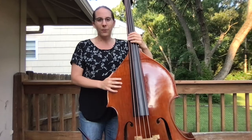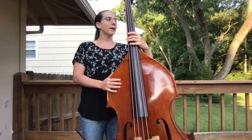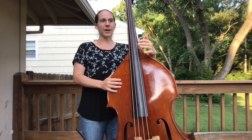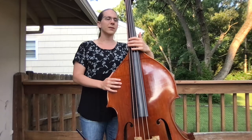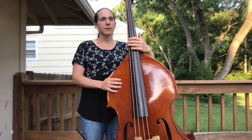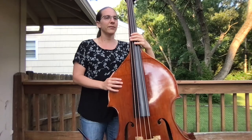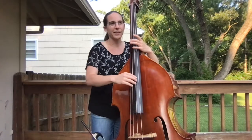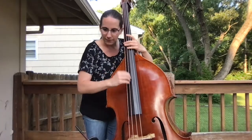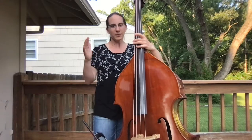Snap pizzicato, or Bartok pizzicato, is something you'll come across a lot as a musician. It's kind of like sul ponticello. You'll see it a lot in pieces by Bartok, hence Bartok pizz. It's a fun, super loud, percussive technique. Sounds like this, where you're pulling the string away from the fingerboard, letting it go, and it snaps against the fingerboard